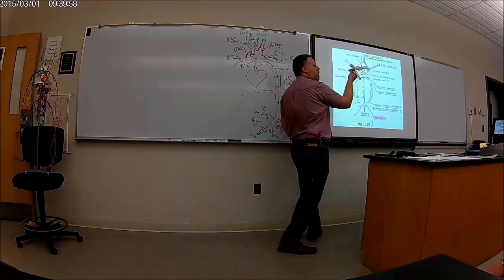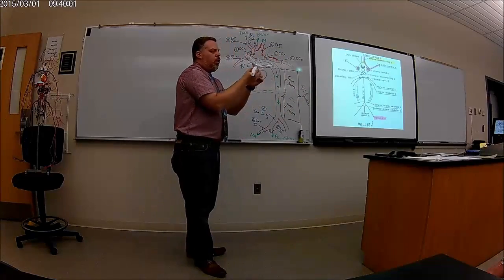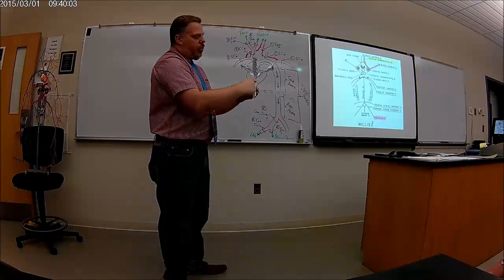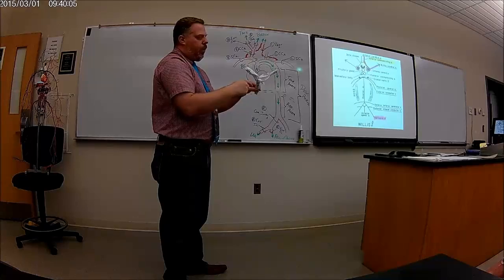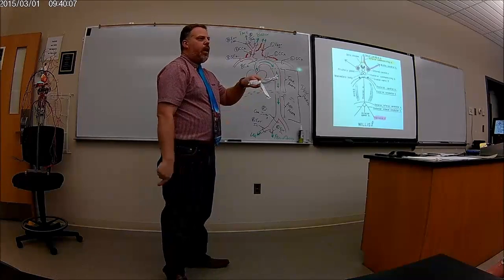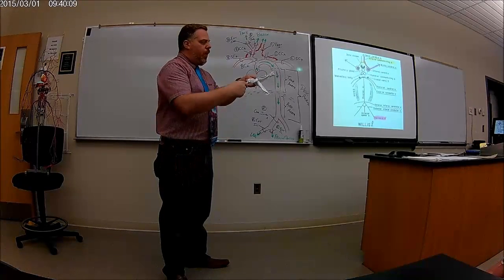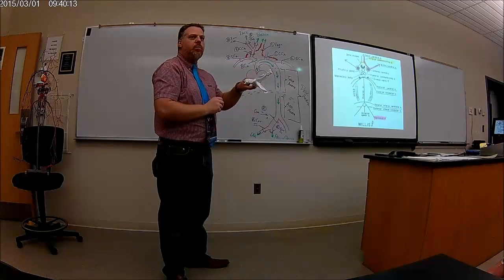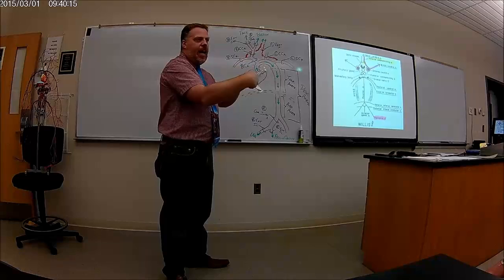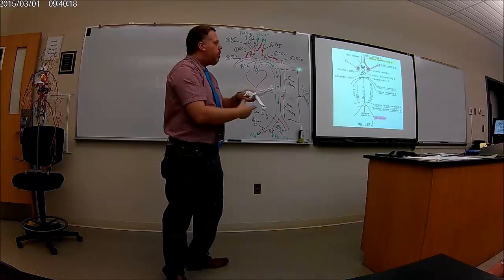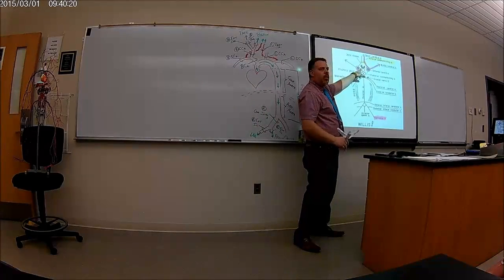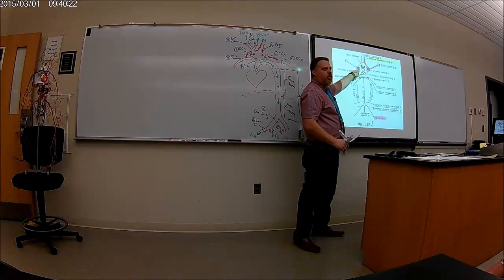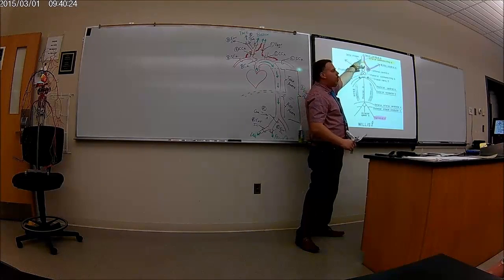We're looking at it like this. So here's the internal carotid coming up, but it ends right there. And then it splits into three things. 1, 2, 3. So you're looking down at it. Does that make sense? That's why it looks like a circle there. That's where the internal carotid ends, but it splits into three